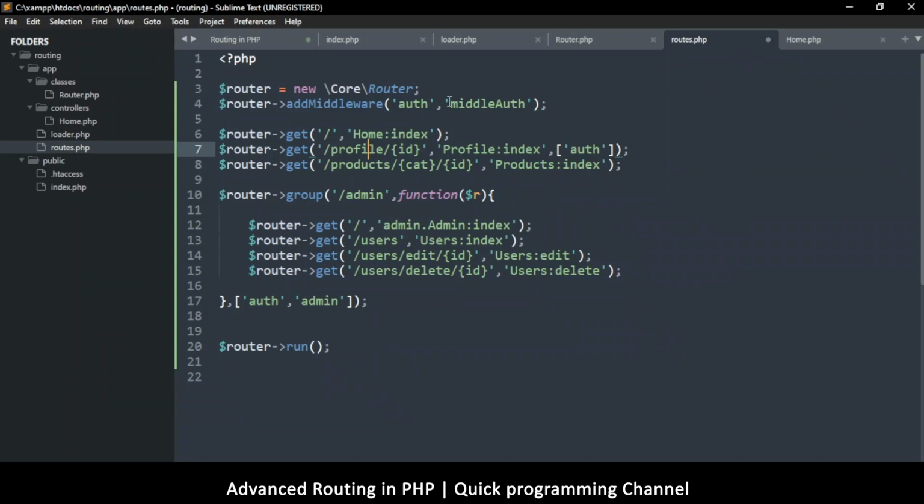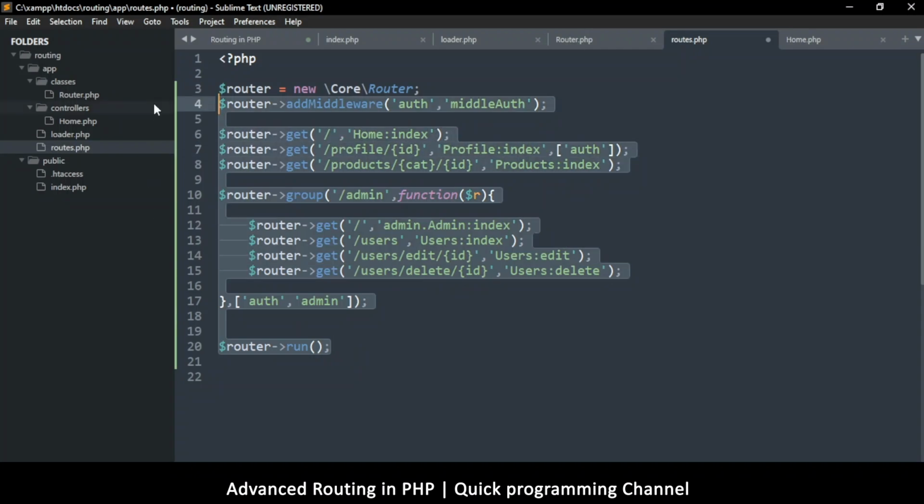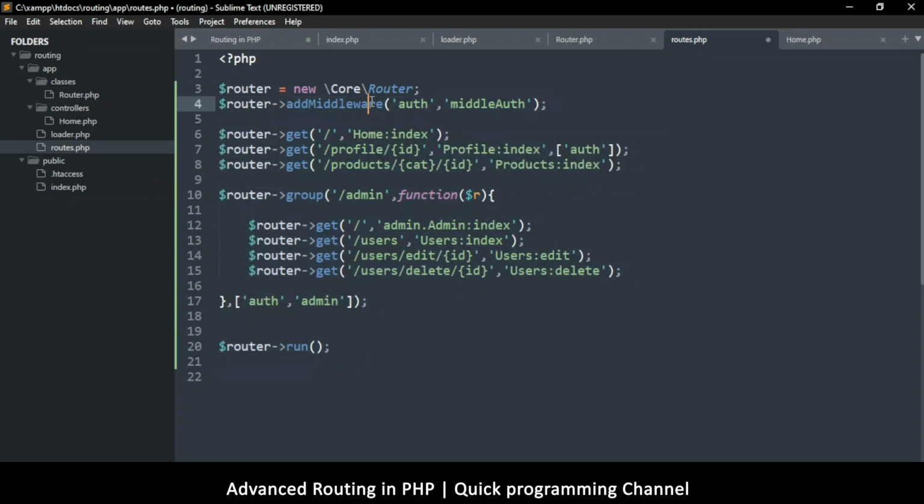That way we know, let's see here, add middleware, okay, auth, and that's the function that should run. So it's entirely up to you, but I think it would be much cleaner if we didn't put them here. Now it's entirely up to you. If you put them here, you just put a function there, or if not, you just put the name of the function. I'm conflicted as to which one to use, but